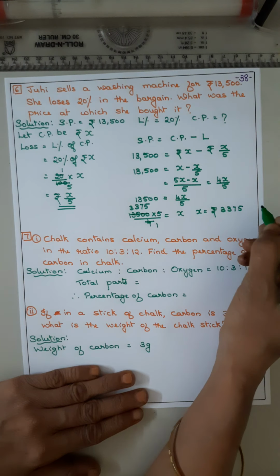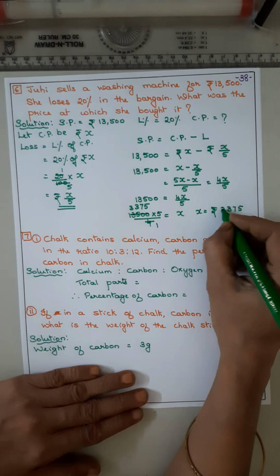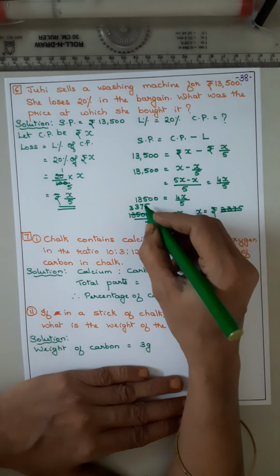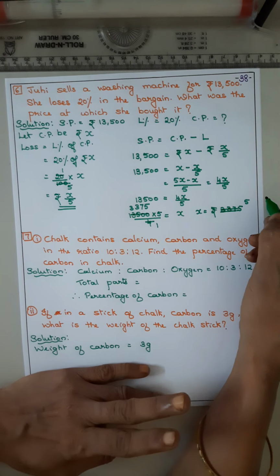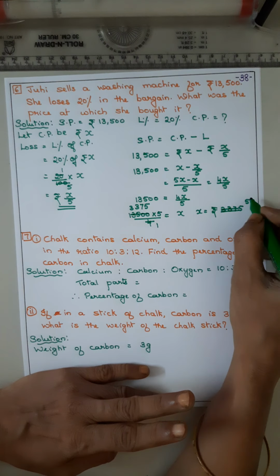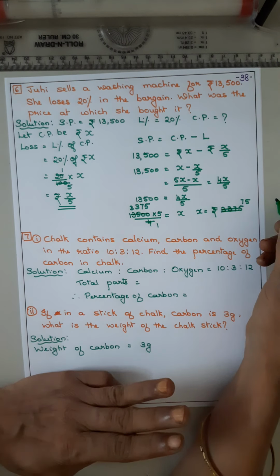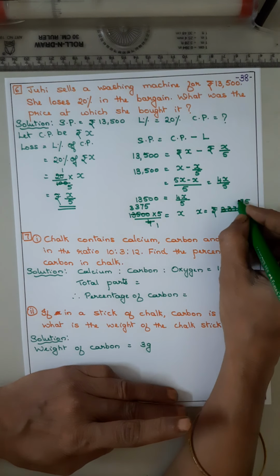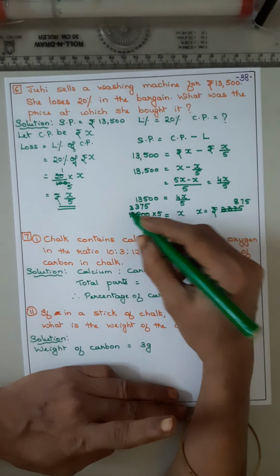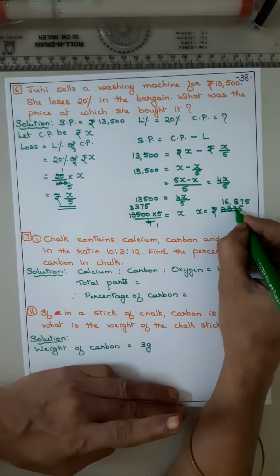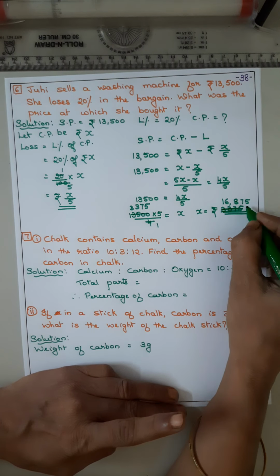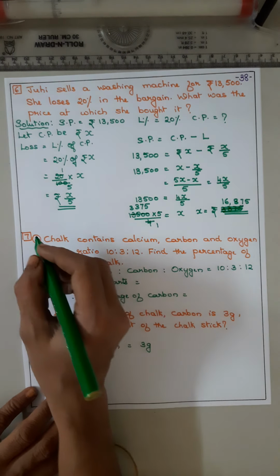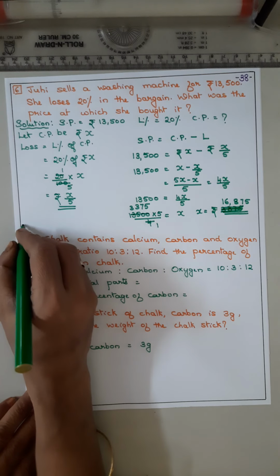3375 into 5, sorry. So 5 5s are 25, 2 5 7 जा 35, 37, 3, 5 3 जा 15, 16, 17, 18, 1, 5 3 जा 15, 16. So you got 16,875. So you'll be getting answer